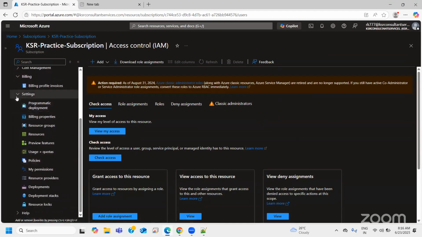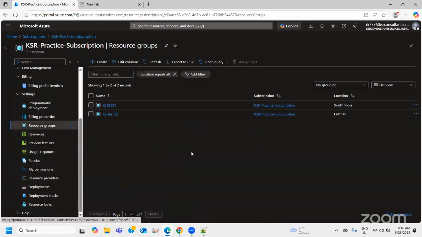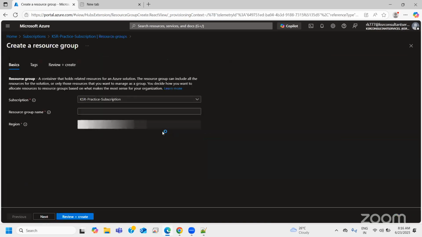If you scroll down, you have to expand the settings option. Inside the settings option, you will get resource groups, right? So you have full flexibility. If you want to create any resource group, you can go ahead and create one. If you start a subscription, until and unless you use any resource, it will not charge you. Use in the sense that some resource is created in that subscription, only then it will charge you. Without any resource, it will not charge you. I'm talking about resources. If you create a resource group also, it will not charge you a single penny.